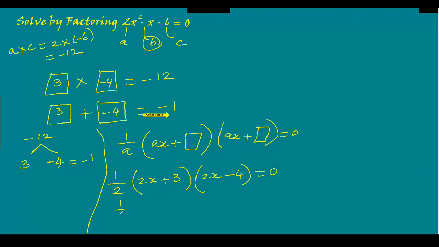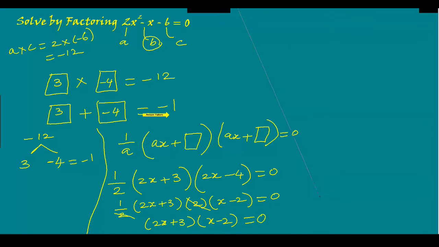In the first bracket there is no common factor. So let it be there. I am writing the same thing. But in the second bracket 2 is a common factor. I am taking it out. Now after taking 2, the remaining terms are x minus 2, isn't it? Equals 0. Now I can cancel out the 2's because dividing, one in the bottom, one in the top. Now the two binomials or two factors are 2x plus 3, x minus 2.